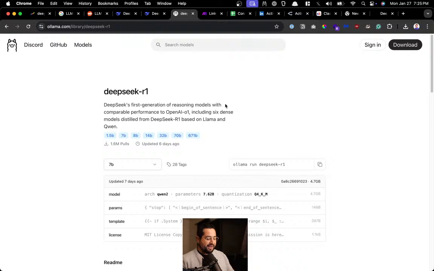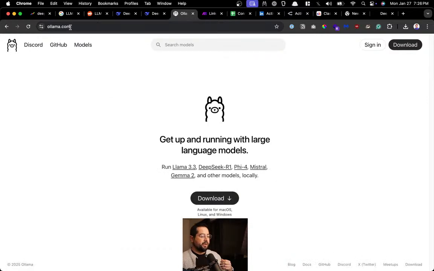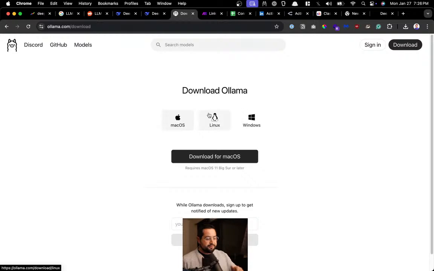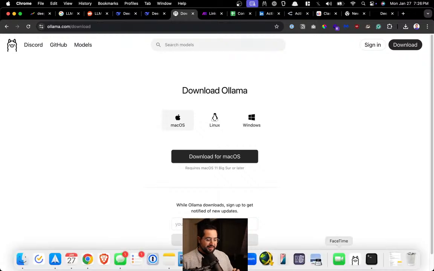I'm running a Mac M1 that's about 3 years old, give or take. The way you're going to do that is go to ollama.com. Okay, so on ollama.com, you can download it. It's super easy. You just choose your operating system and click download. Once you have Ollama installed, which I do, you see the little icon right up here at the very top. Once Ollama is running, this is cool.